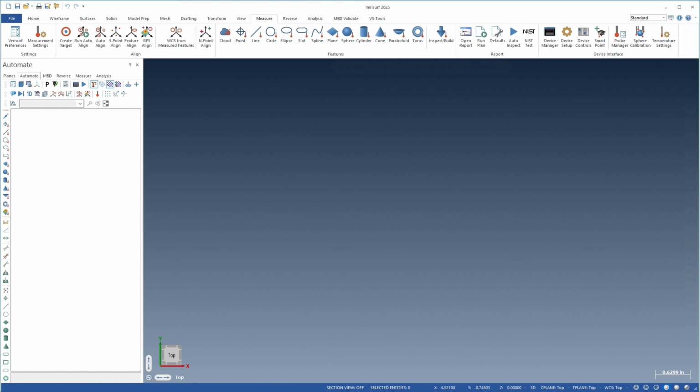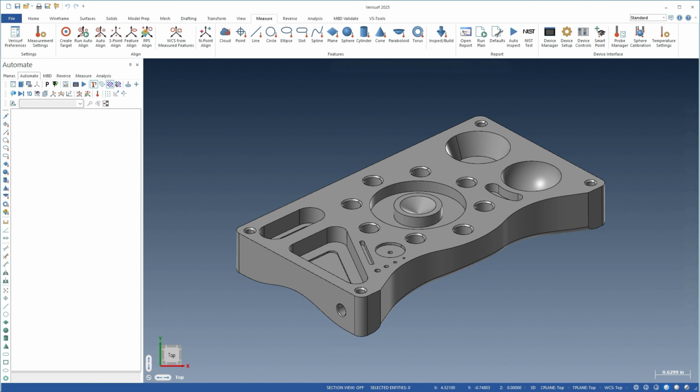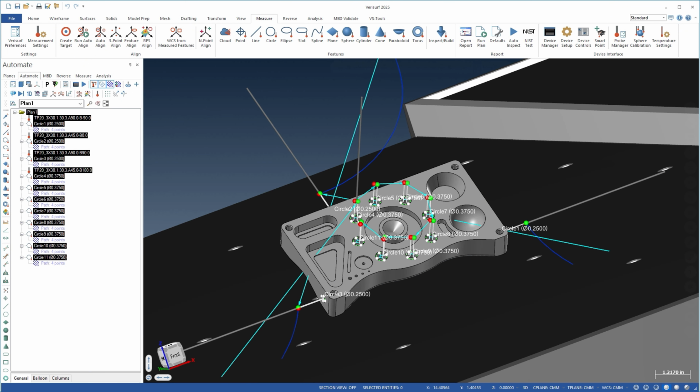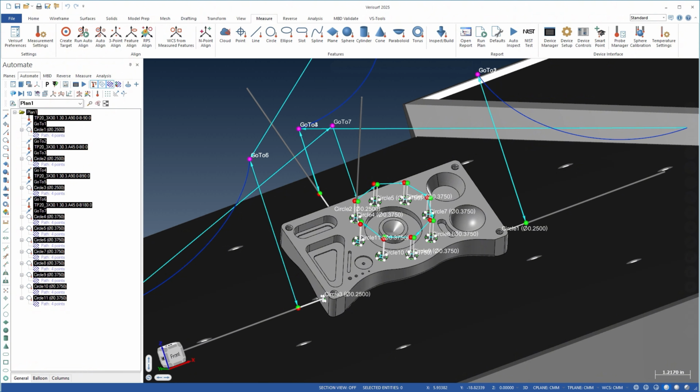Verisurf 2025 simplifies CMM programming and collision avoidance through the addition of a clearance plane option for go-to points in an inspection plan. After features and probes are added to a plan, collisions between the probe and the part, represented by the intersection of the path with the model, are addressed by adding go-to points, which divert the path around